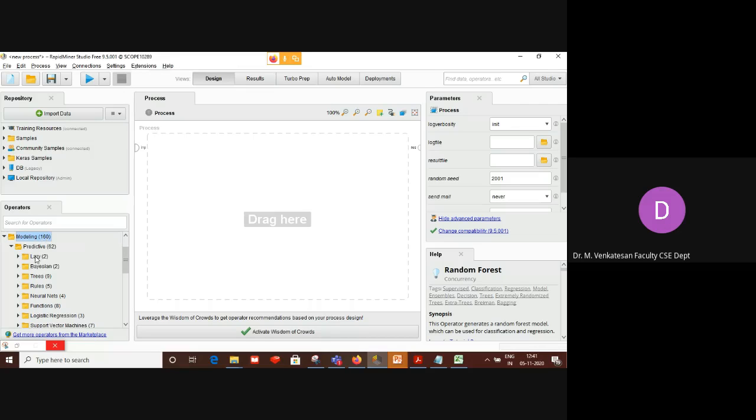You can see lazy, Bayesian and tree, where you have different types of trees: decision tree, and for decision tree we have ID3, C4.5 and CART. Then rules, neural networks, logistic regression, support vector machines. There are many, so you can use any one of the predictive models.